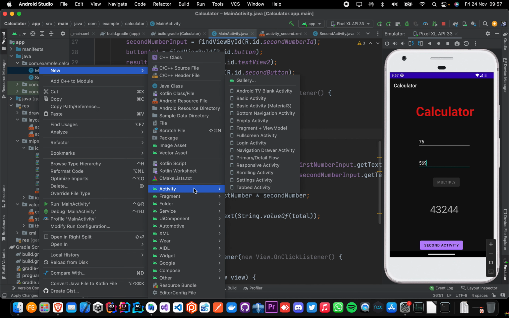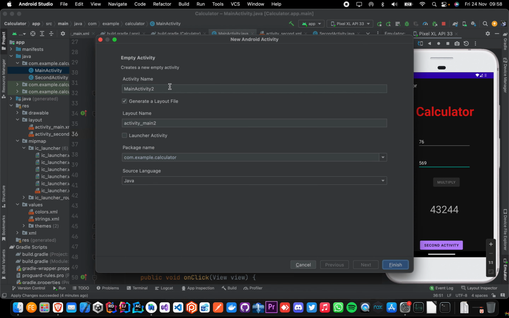Right click, then new activity, and then empty activity. It will take you to this screen. You can see this is the second main activity too, so we'll call this the third activity. You can see the layout name. It normally has these two files: an activity, which will have the Java class, and the layout, which will contain the view. The source language is Java, not Kotlin. Then down here, you click on finish, and it will now